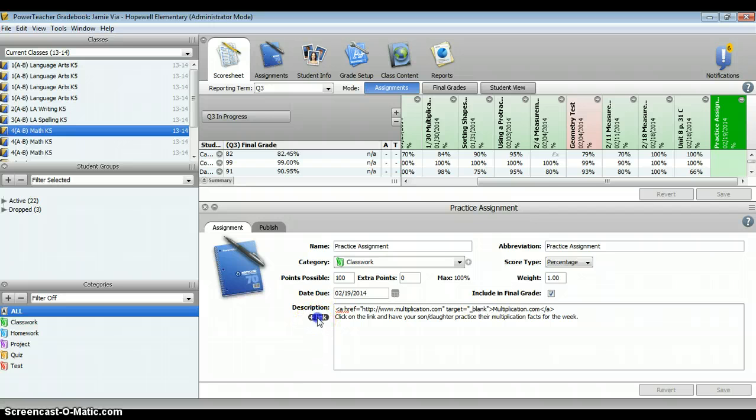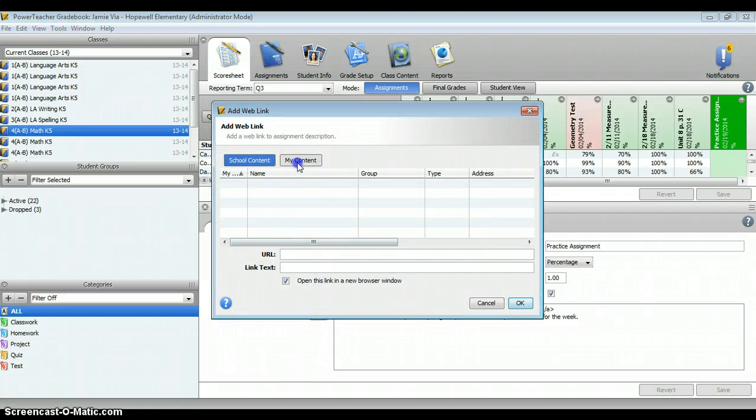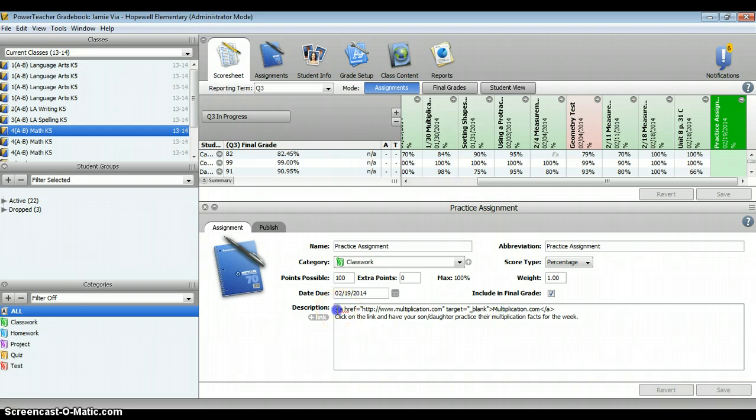But over here, when she clicks the link and goes to My Content, everything you loaded under the Class Content tab, the PDFs, the Excel spreadsheets, everything will be able to be linked through here. So all she did was double click on it, click OK, and it dropped this code into here,